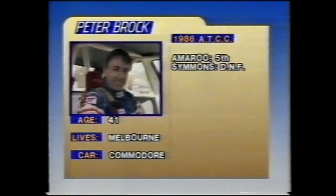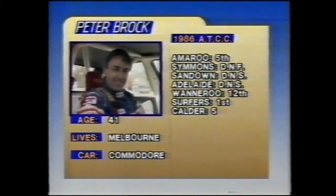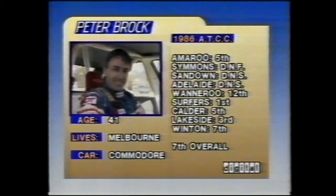Let's have a look at the man Peter Brock in car 05. Great performance so far from him this year. A 5th at Amaroo Park, didn't finish at Symmons Plains when an oil filter blew off, didn't start at Sandown, he was overseas, nor Adelaide. 12th at Wanneroo, 1st at Surfers Paradise, 5th Calder, 3rd Lakeside, 7th Winton. 41 years of age, and of course he's 7th overall in the championship at the moment, although 2nd in this race, and wants to go out on a winning note and let the lion do some roaring. Well, it's still